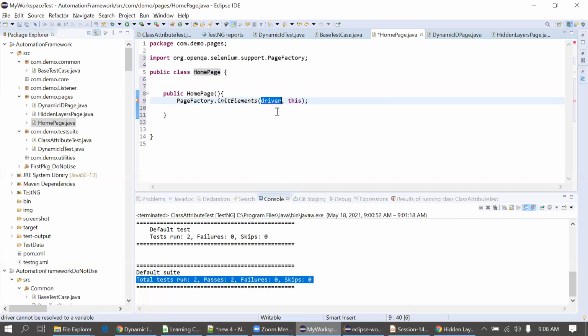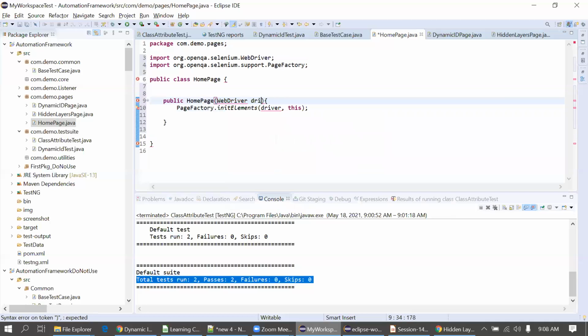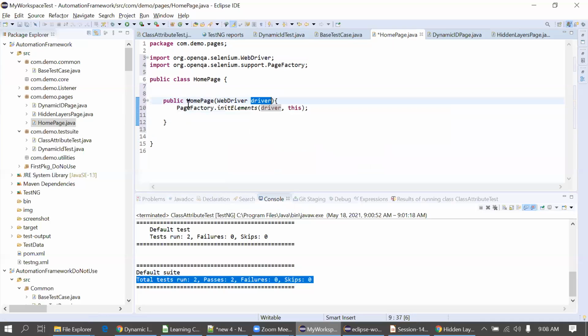Now what is pending is that I have to initialize this driver, so I'll pass the driver from somewhere else here. I will use WebDriver. Whenever I call this page, I will pass the driver in that object, and then the driver will initialize the elements present on this home page.